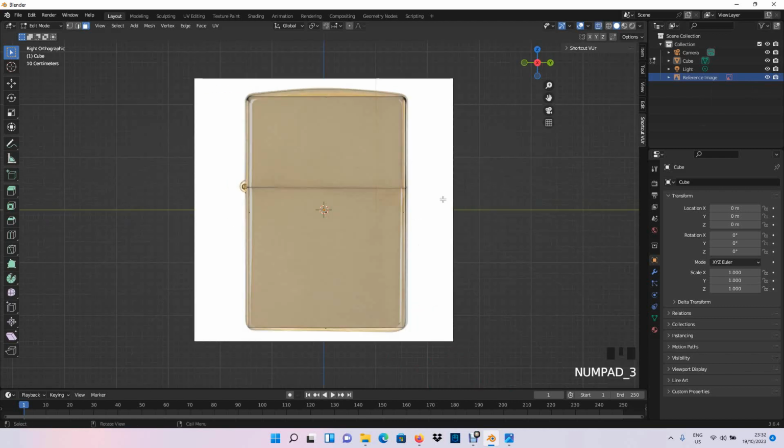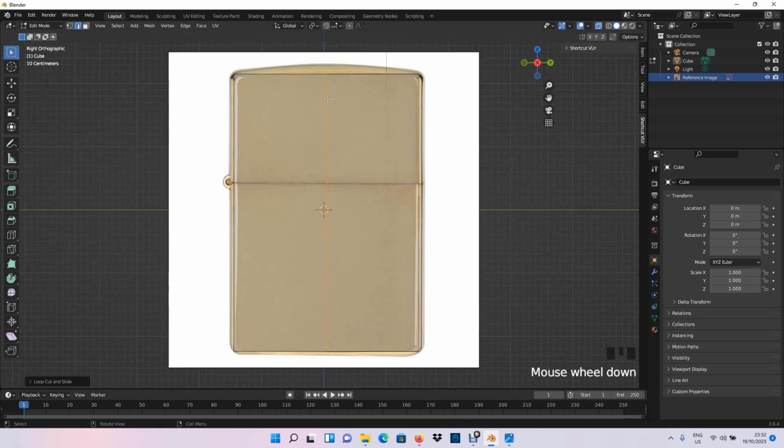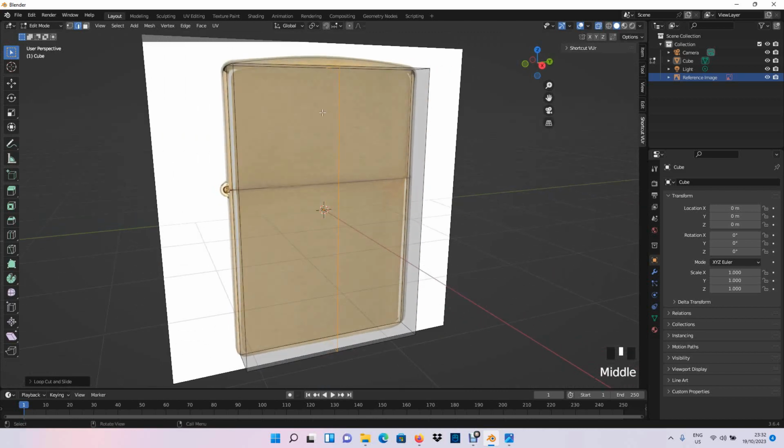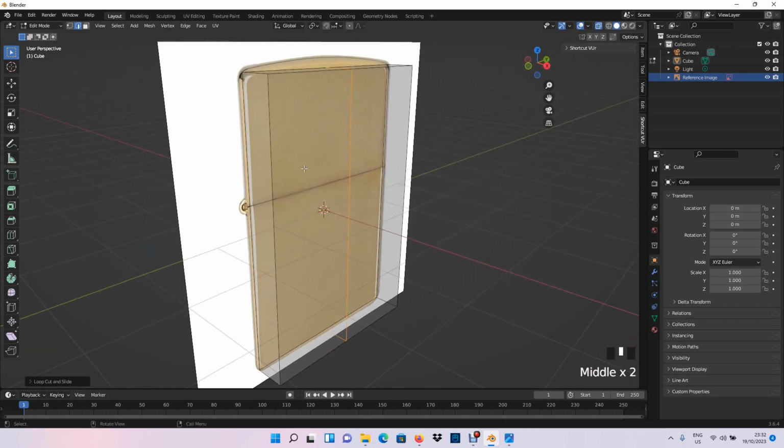Press 3. Go to edge mode, and we insert an edge here on the x-axis and click 2 times. Don't move the cursor. And click 2 times so it's perfectly aligned in the center here. And then we're gonna need that geometry later, but first I would like to add a bevel modifier. So I press Alt Z,